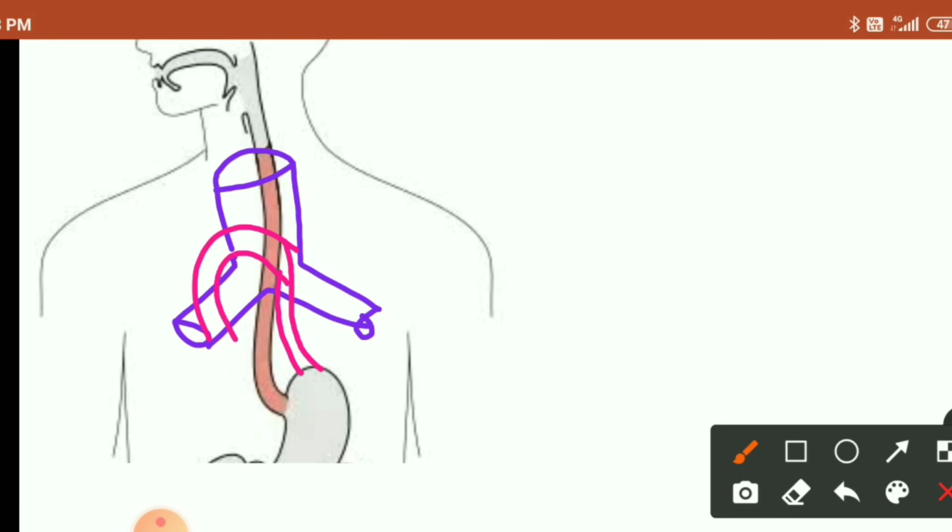Also one thing to be noted, that in the cervical part the structures that are present anteriorly to it include the brachiocephalic trunk, the left subclavian and the left common carotid artery. And what are the structures that are present on the left side? Simply draw. On the left side we are having the arch of aorta, along with it the accessory hemiazygos vein and hemiazygos vein termination. On the right side we are having the azygos vein. Along with it you can also draw the corresponding lungs and the pleura of each side.